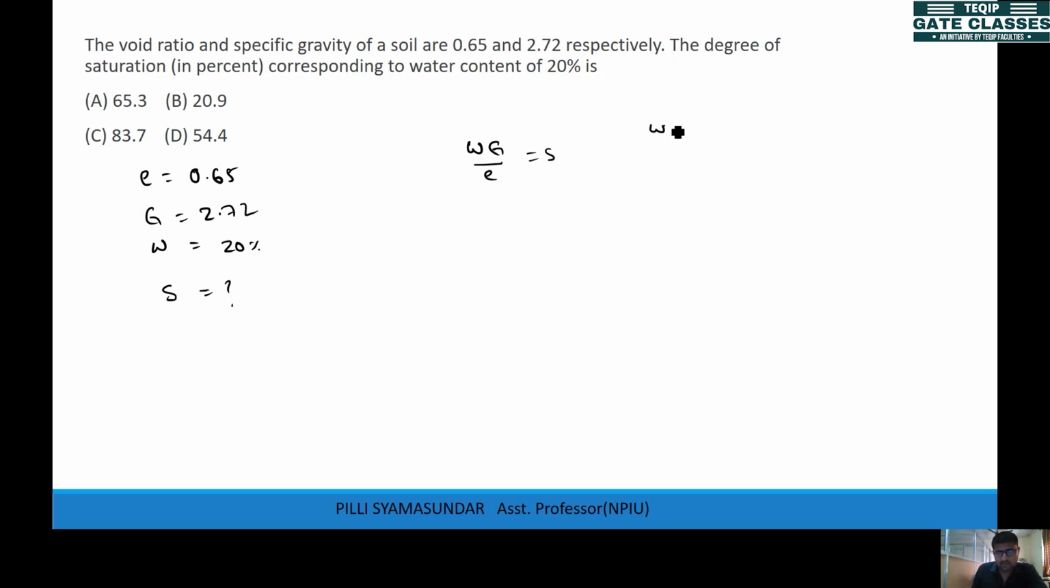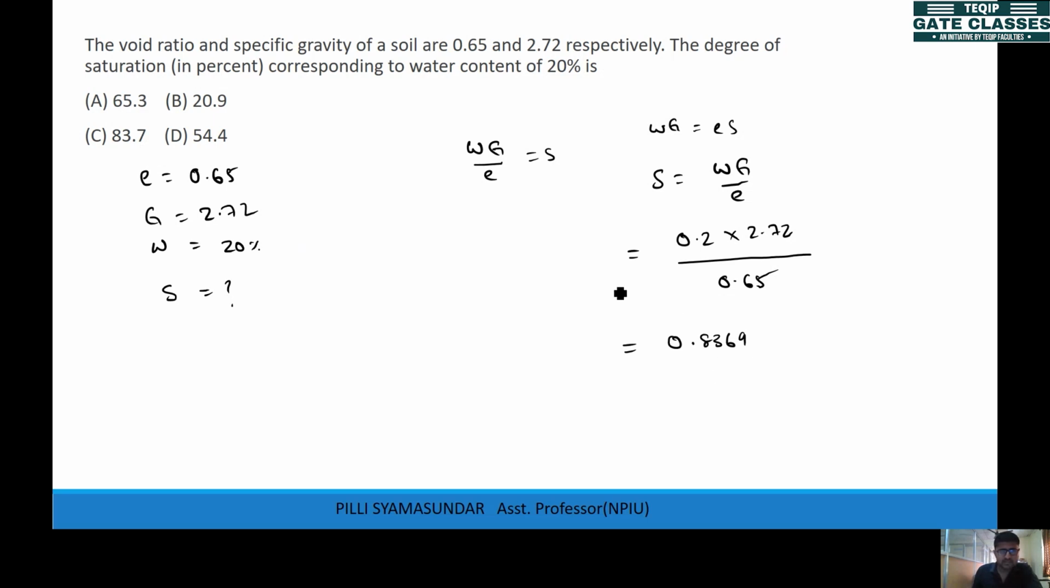So WG equals to ES. So we want saturation, which is WG by E. You just have to substitute all the parameters in here, nothing else. This is not a fancy question, it's simple. So 0.2, G is 2.72, E is 0.65. So this is 0.8369,